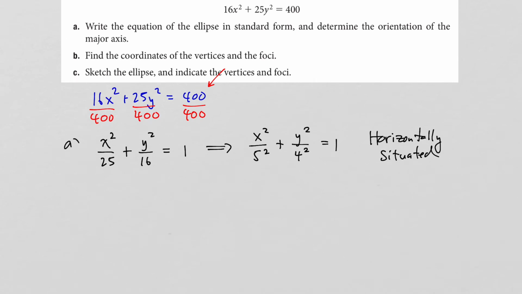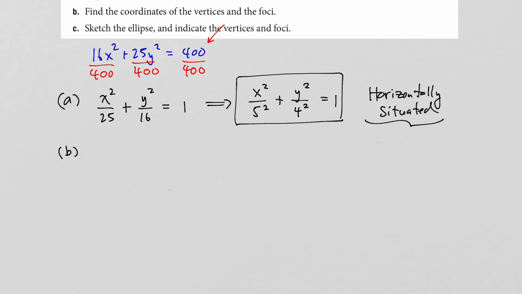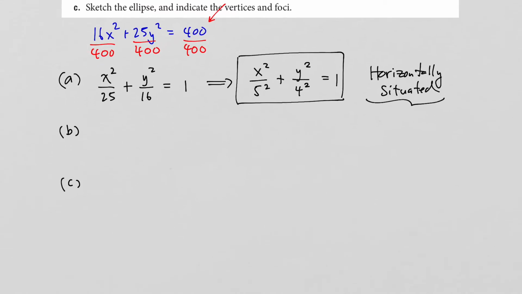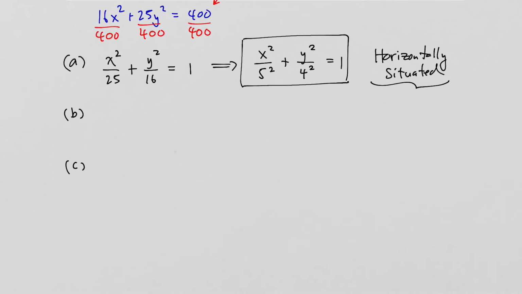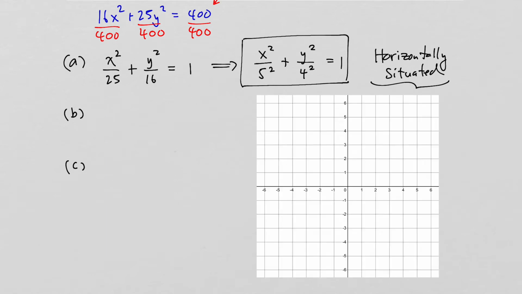So we have taken care of part A. We have the equation in standard form, and we know that it is horizontally situated. For part B, we want to find the coordinates of the vertices and the foci. Okay, so to do this, I'm going to actually start sketching the graph. So I'm going to do part C first, sketch the graph, and then we'll come back and talk about the vertices and the foci. So first of all, we know that the center of this ellipse is at the origin,